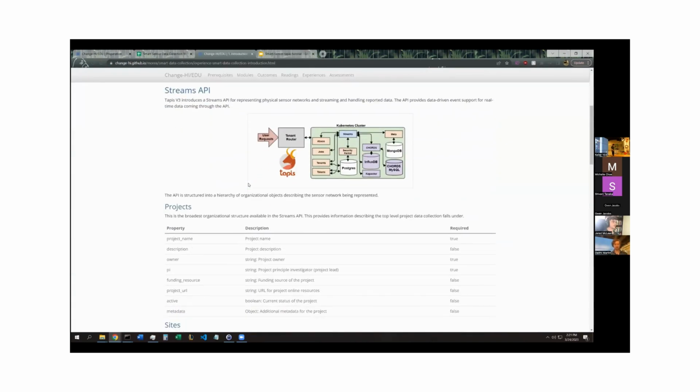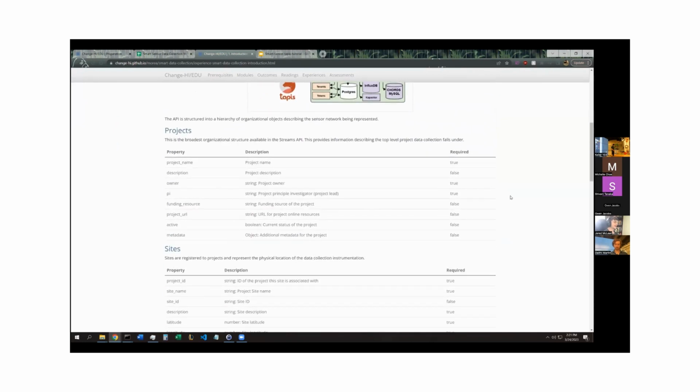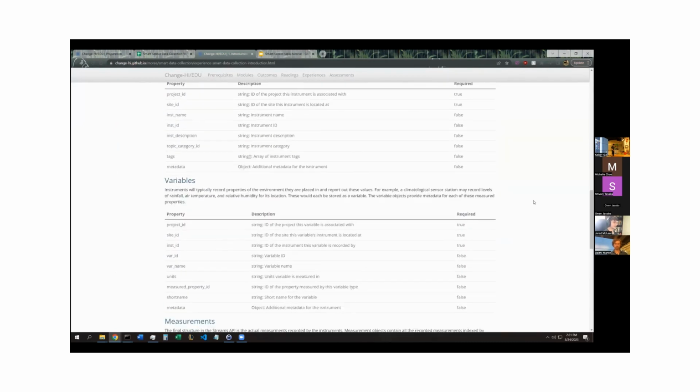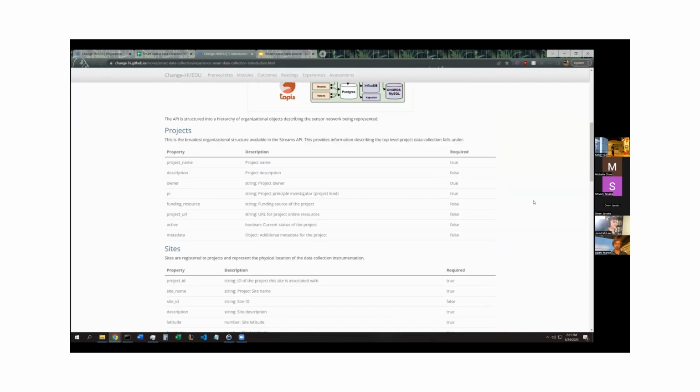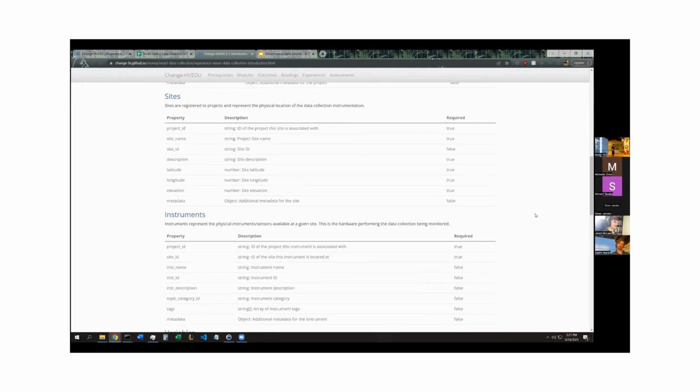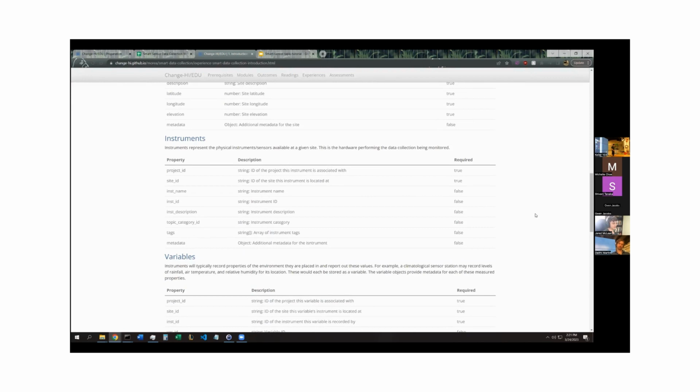Just some more details on the Streams API specifically, because that is the main API that we're going to be focusing on today. It relies on a hierarchical structure. So there's a concept of projects, sites, instruments, variables, and measurements. Projects are the top level overarching object. You can create a project. Within that project, you can create multiple sites, which would be field locations where you have sensor stations located. Within those sites, you can have multiple instruments, so multiple sensor stations that